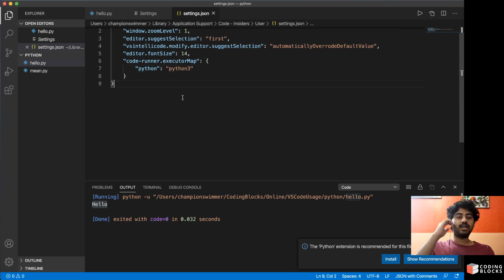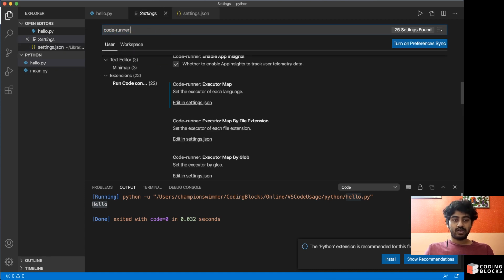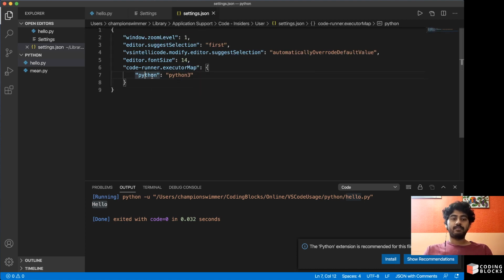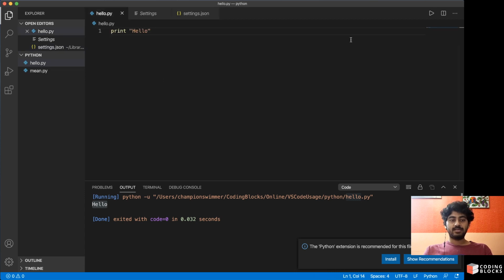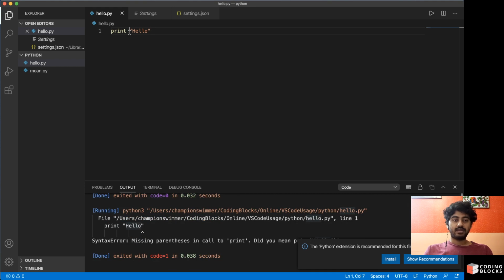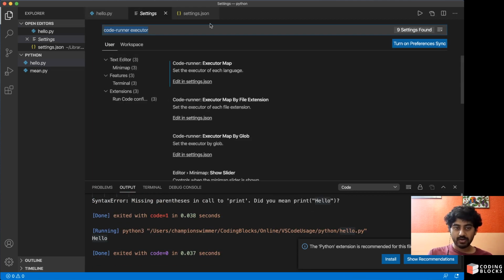So this is again getting a little technical, but you can add inside settings.json. You go to settings, select Code Runner executor. You will find a way to edit the executor map. So inside the executor map you can write Python is Python 3, and in that case, if you run this file, you will see that it will get run with Python 3 here. And in Python 3 you need parentheses in your print function, and now it will run correctly. So if you want to run with Python or with Python 3 in your Code Runner by default, you can change it that way.